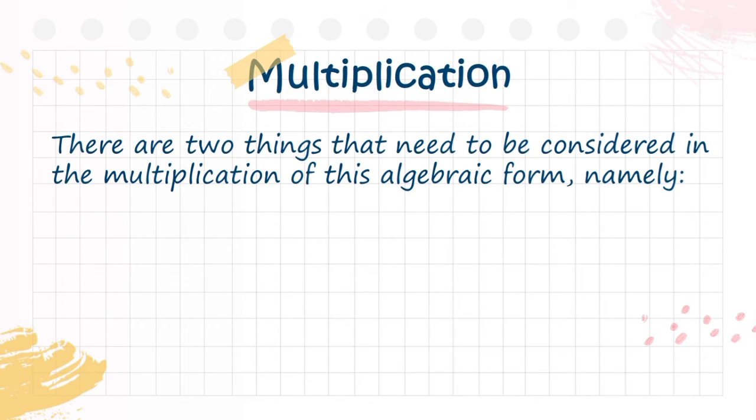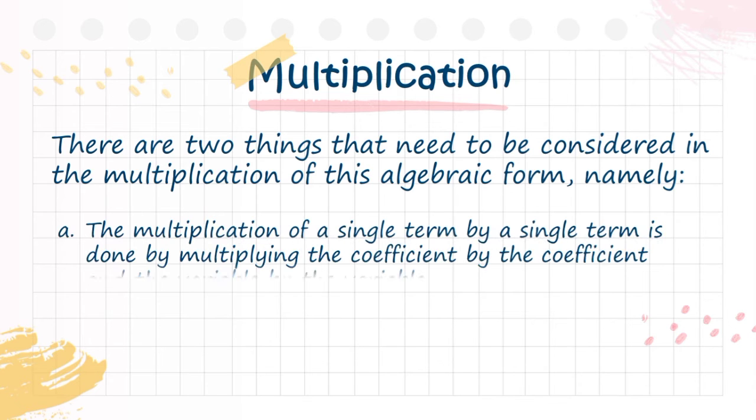The second is the operation of the algebraic form of multiplication. There are two things that need to be considered in the multiplication of this algebraic form, namely A. The multiplication of a single term by a single term is done by multiplying the coefficient by the coefficient and the variable by variable. Example: